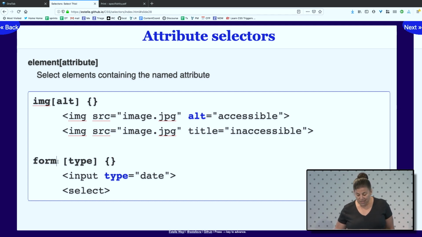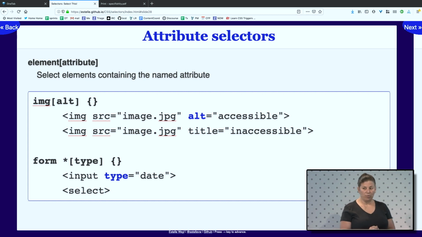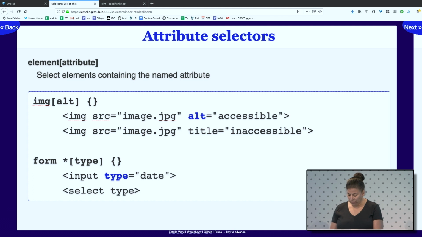So here I have a space here. And it says form space type. So it's as if there was a global selector right there. It says match any element that has the type attribute that is a descendant of a form. So it would match the input type date, but it wouldn't match the select because the select does not have the type attribute. If I had actually put in the type attribute,